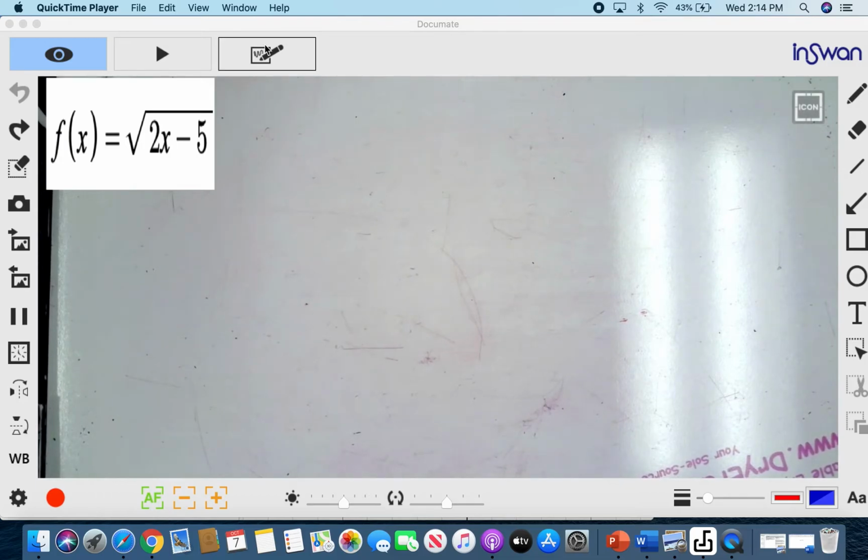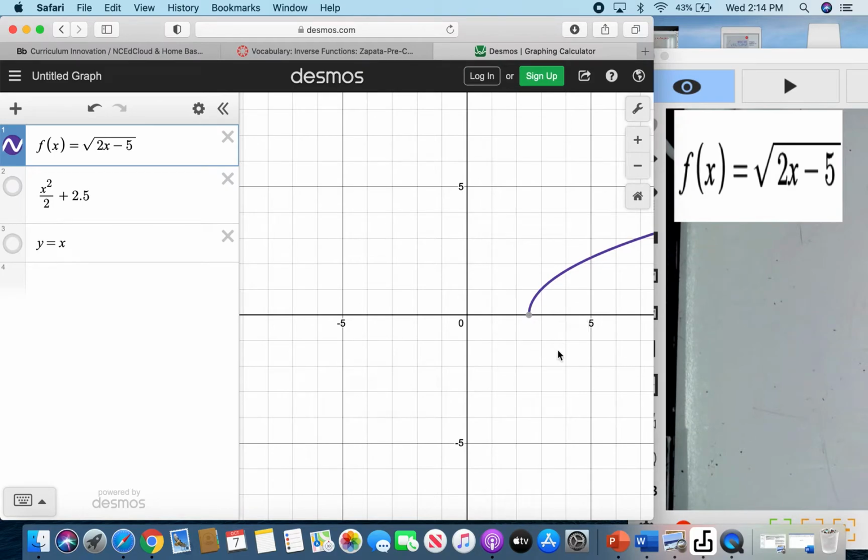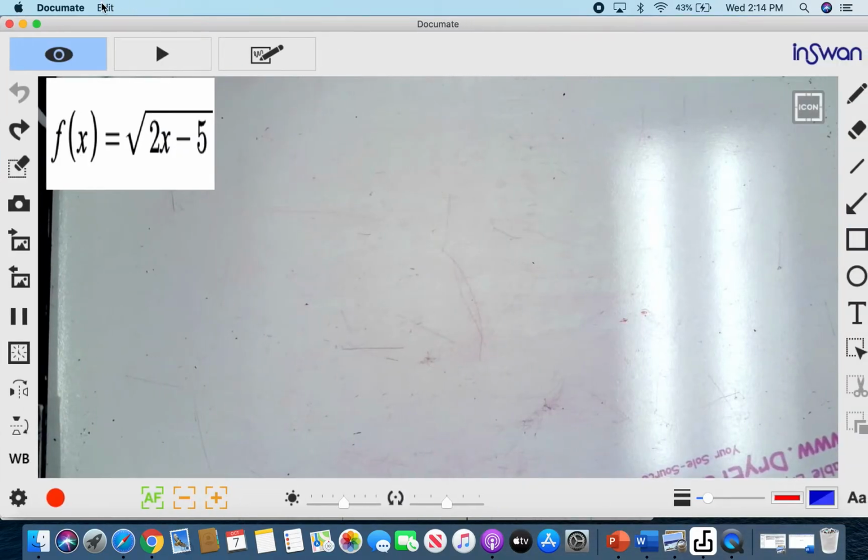So, of course, if we graph this, we can find the domain and range easily. So the domain is all x greater than or equal to 2.5, and the range will be y greater than or equal to 0. But we also need to know how to do it